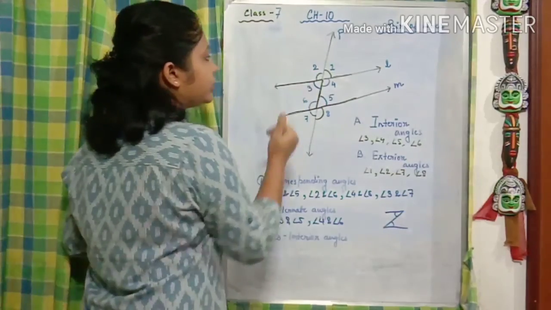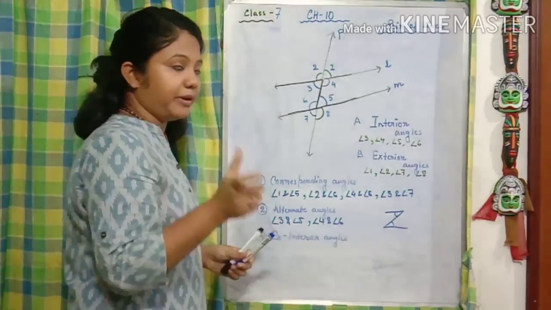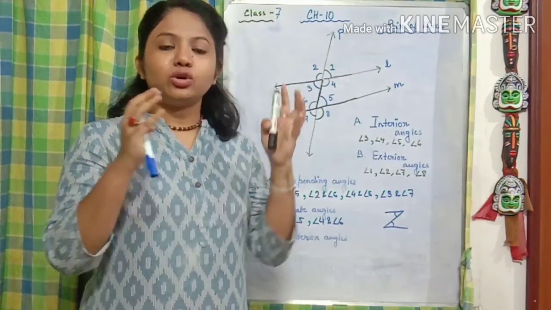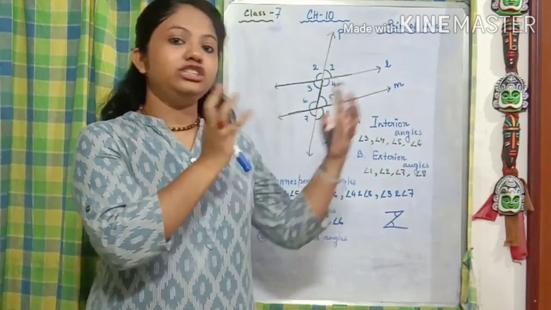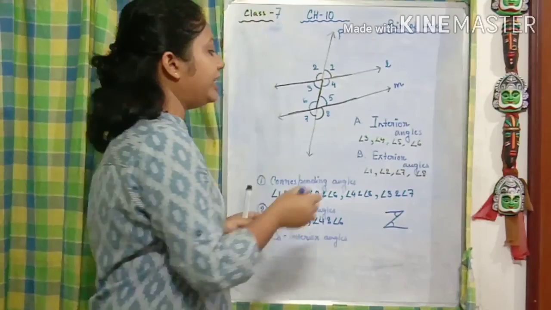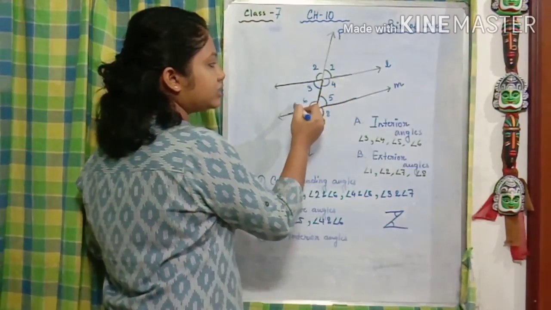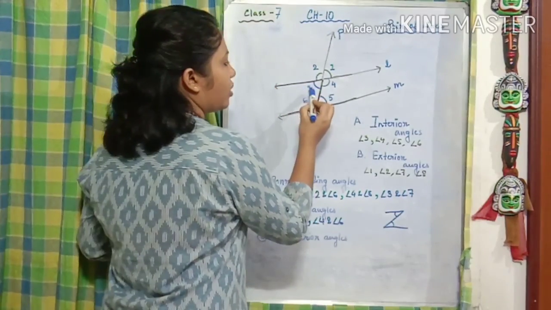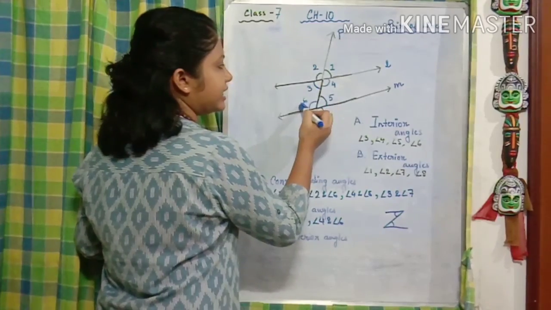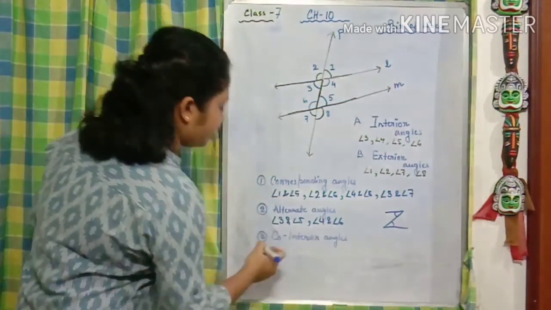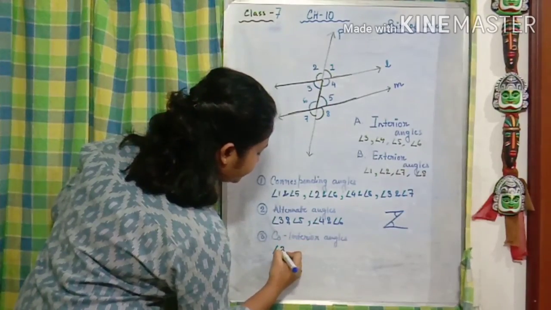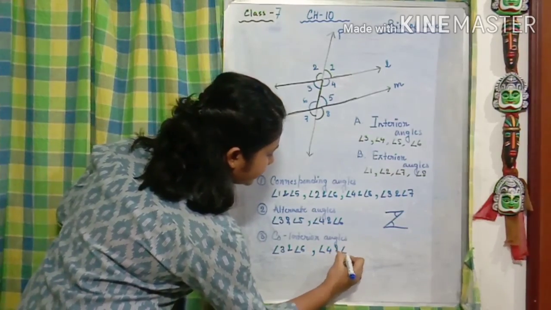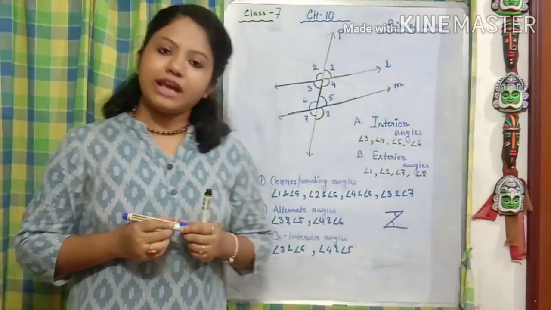Okay. Now coming to the another type of angle that we can find in pair, that is co-interior angle. So from there you can understand that co and interior. So co means something who are in join or pair, and interior. So interior angle, what are the interior angles? These two and these two are the interior angles. And which angles they are lying side by side? They are called the co-interior angles, like 3, 6, 4 and 5. Okay, so let's jot them out. Angle 3 and 6, angle 4 and angle 5. So they are the co-interior angles.